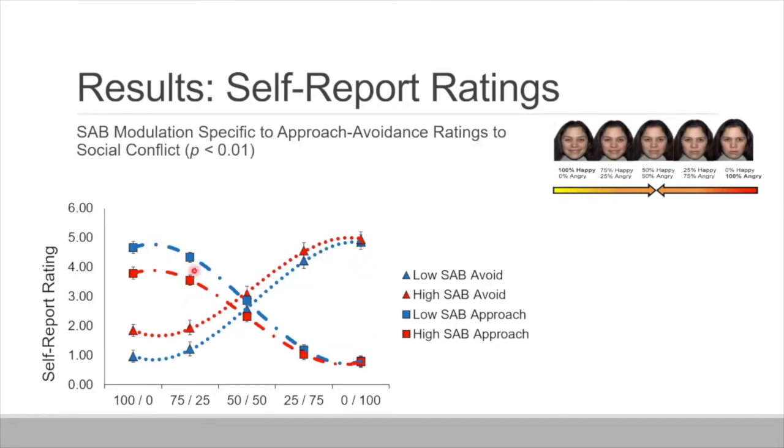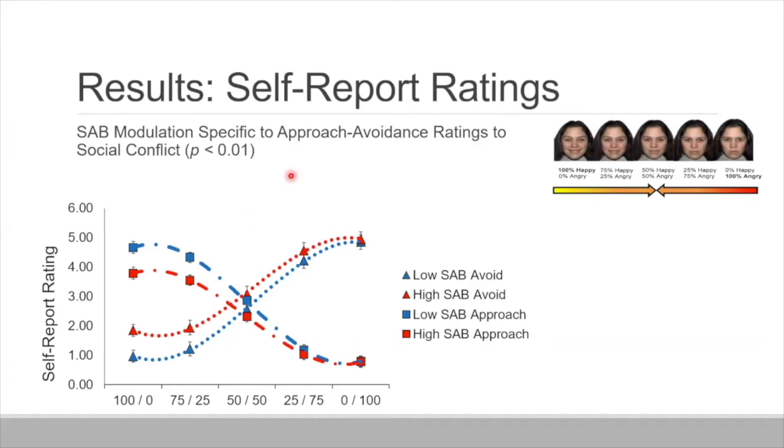But for social avoidant individuals, we see this kind of asymmetrical pattern. We see the same pattern on the social threat side of the spectrum. But on the left side, the social reward side, approach is lower compared to the low socially avoidant individuals, and avoidance is higher. So really the between group differences are maximal on the social reward side of the spectrum.